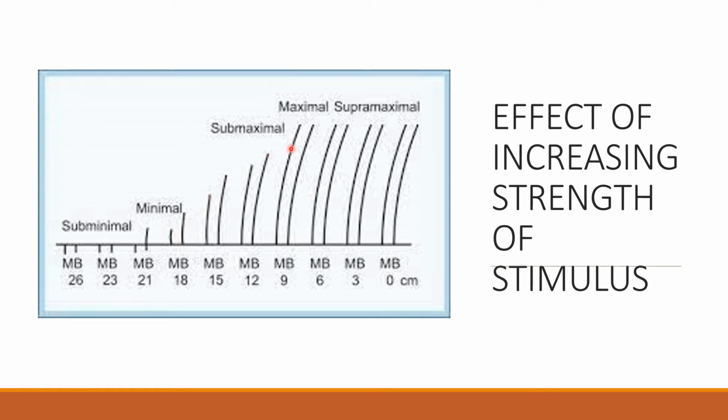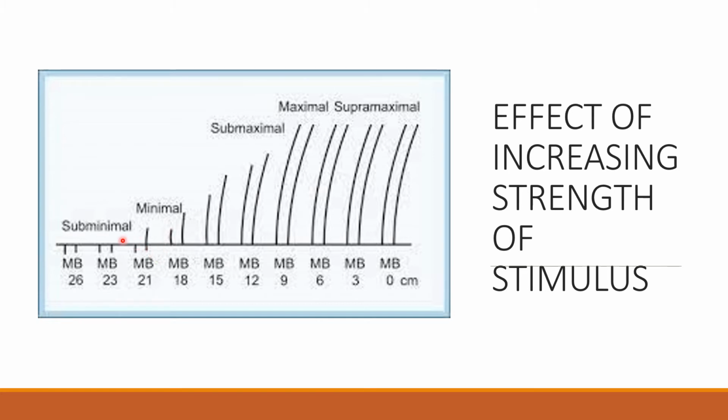So this is actually the graphs in a moving kymograph. It will be like this, like simple muscle twitch, but this is taken on a standing graph. The kymograph drum is not moving, so these are shown as lines. Okay, so the procedure is not changing here, only the moving drum is kept standing and then these graphs are recorded. Okay, so the amplitude of contraction increases with increasing strength of stimuli.